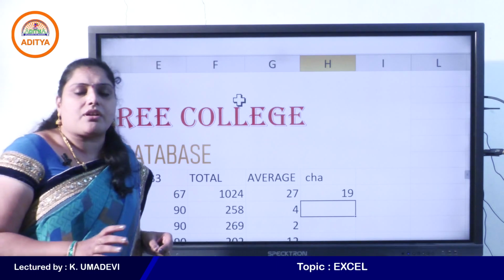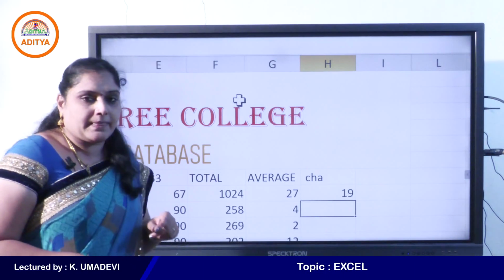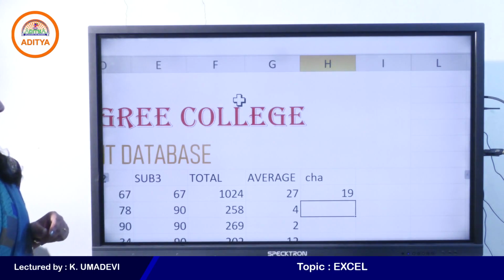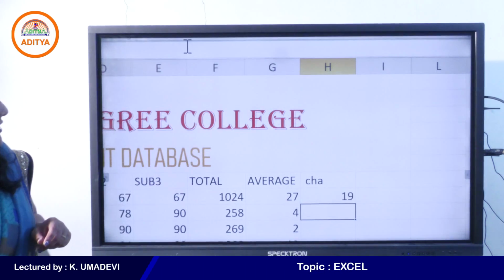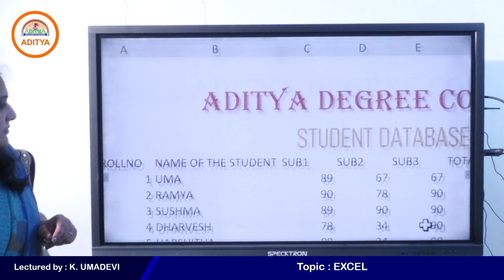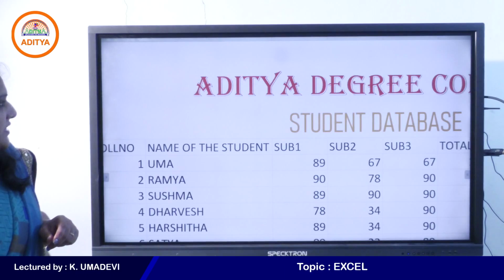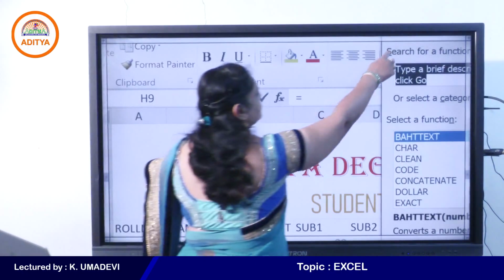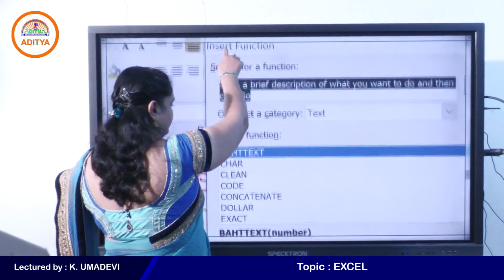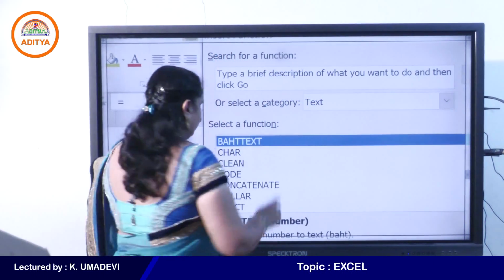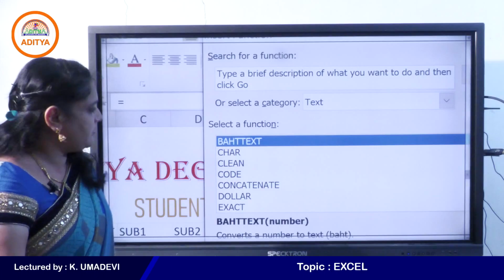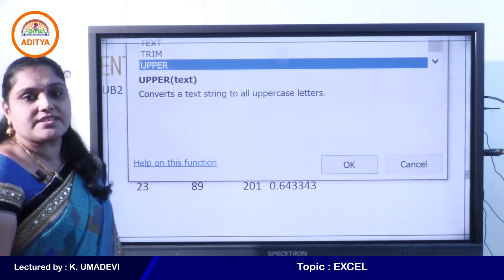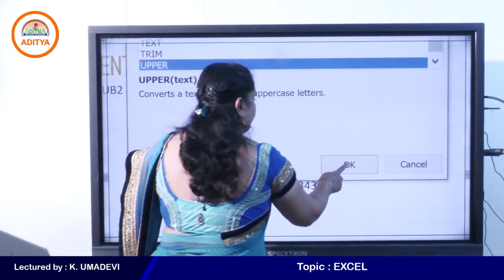So what is the use of upper? So I'll show you how to use upper function. Just select any cell, click on FX. Okay, select upper function and then click on OK.